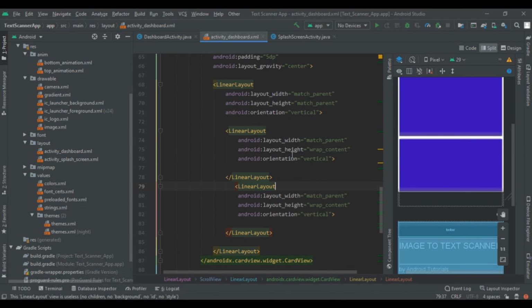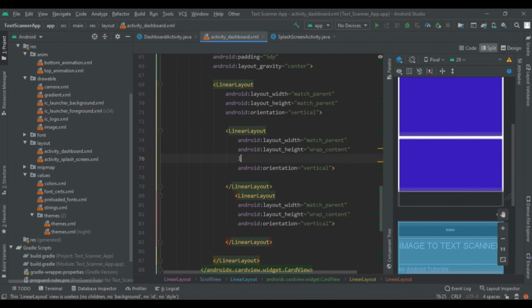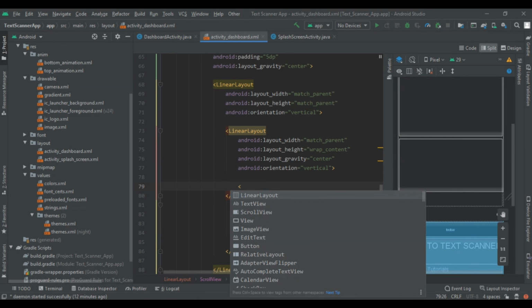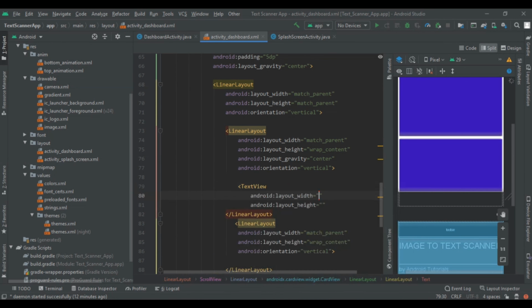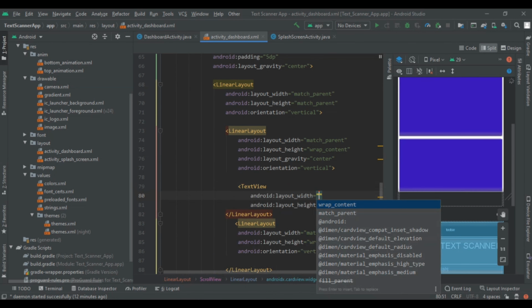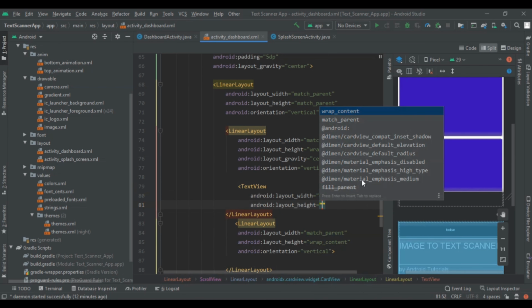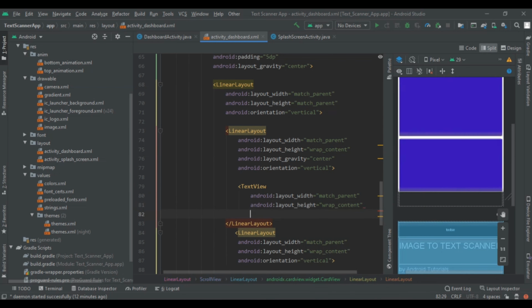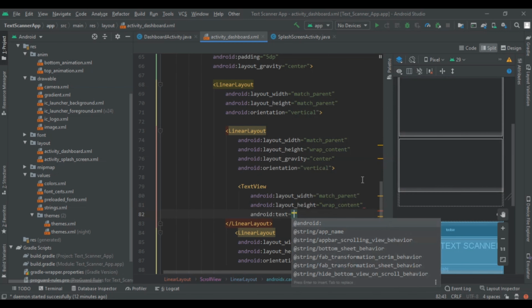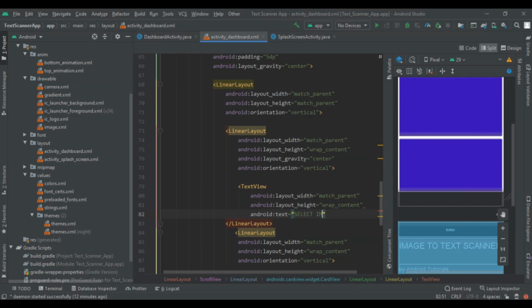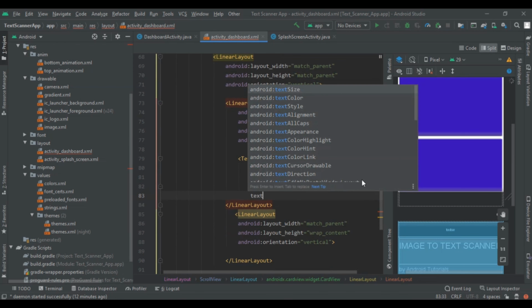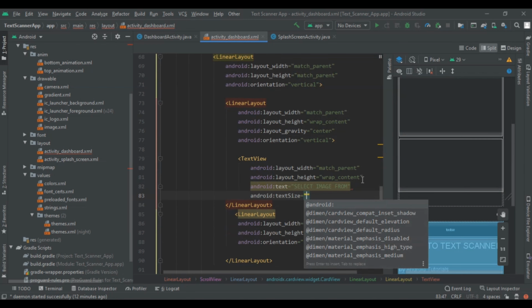And then duplicate this code, and then give the layout gravity to center, and just add one text view here. So text view, width will be match parent, height will be wrap content, and give text to select image from. So here will be the small heading, give text size and apply all the things that you want.